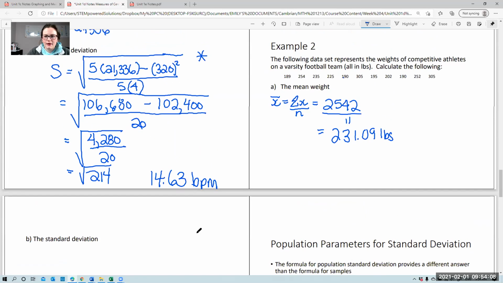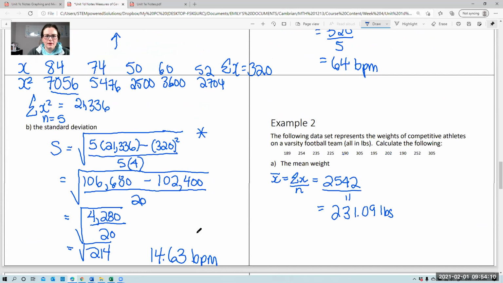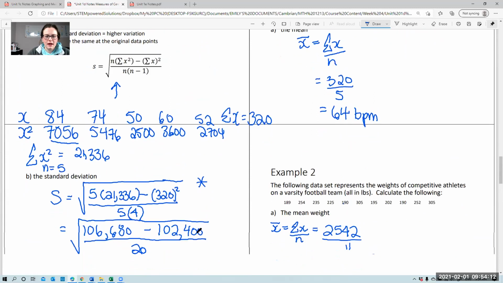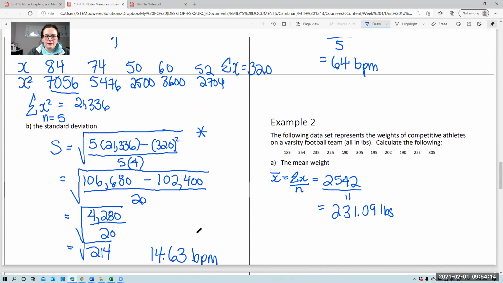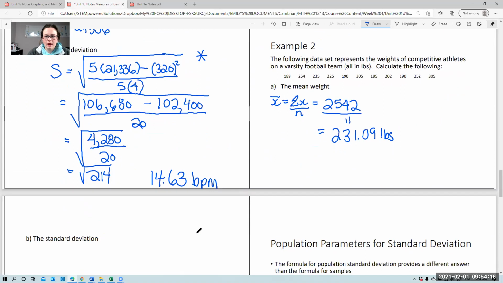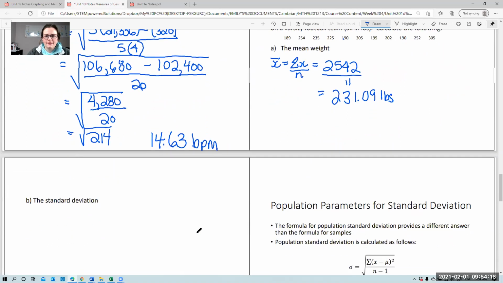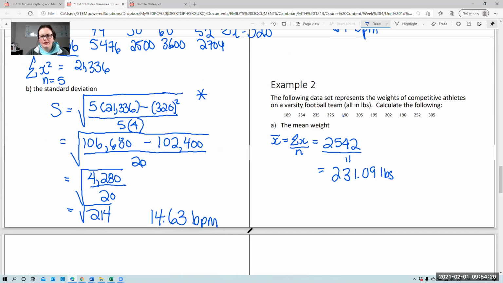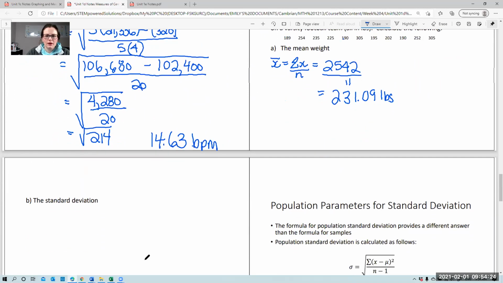And so that's how we get the mean weight. And then to get the standard deviation, we're going to use the same formula. So we're going to square all of our x's. So at this stage, what we could do is actually, I'll show you how to use Excel. So what we could do,